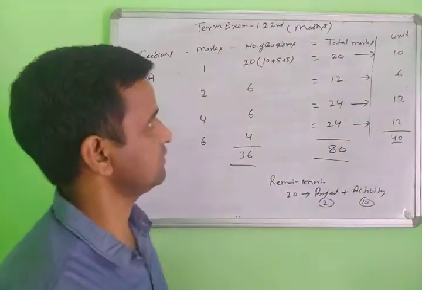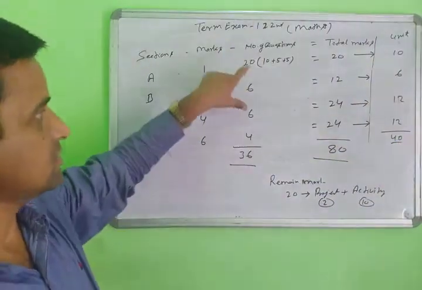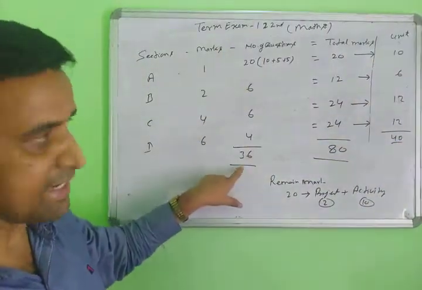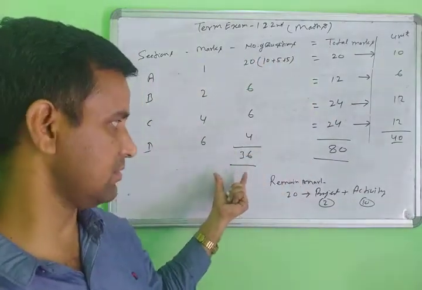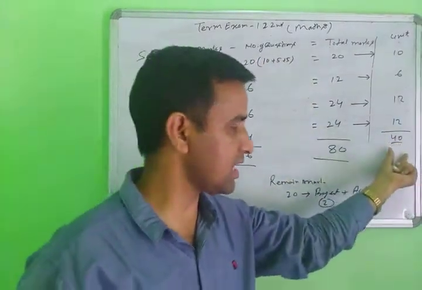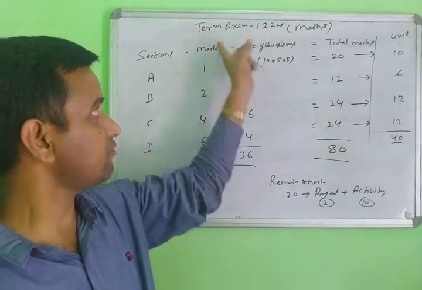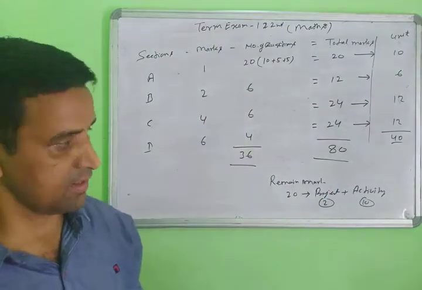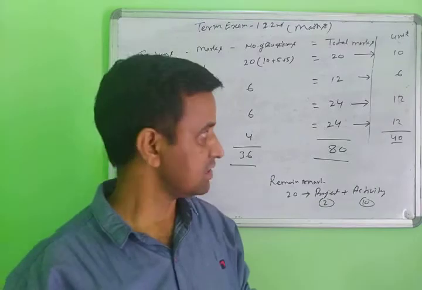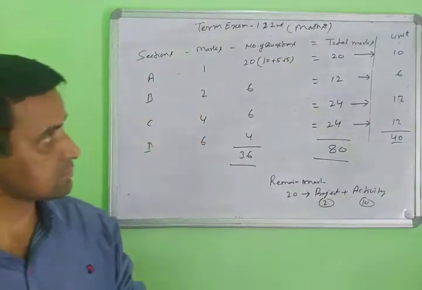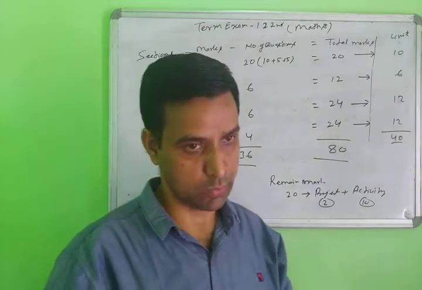This is the unit exam of 40 marks. Same things here: the total number of questions will be 18. Their marks are 40, so the number of questions will be just half. So this is 18 questions, 40 marks in the unit exam. But for the term exam, both the term first and second structures will be followed, and the remaining 20 marks will be for project and activity. So this is the structure of the question paper in class 11th and 12th also.